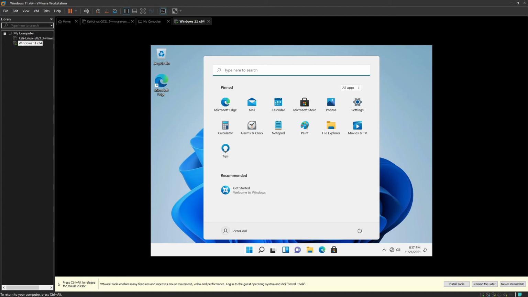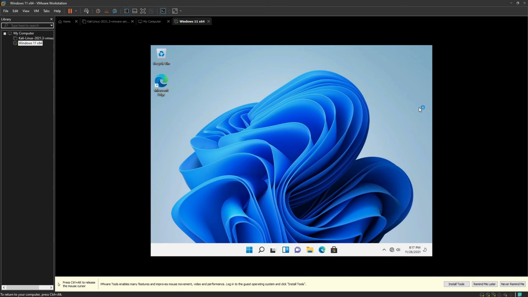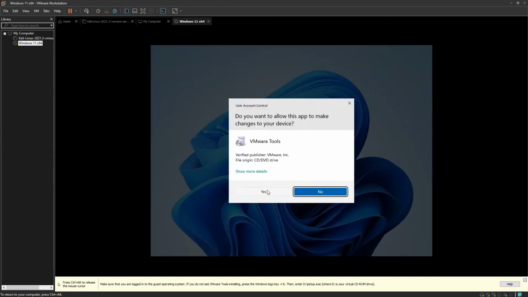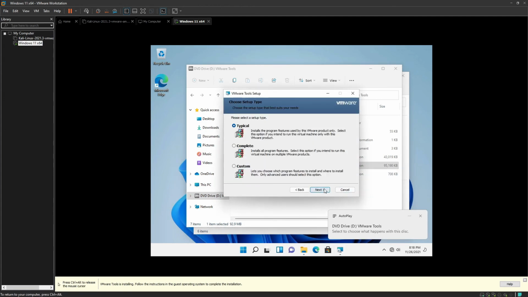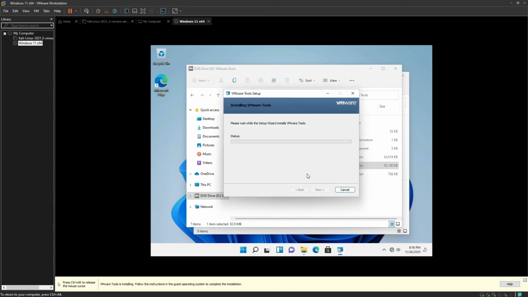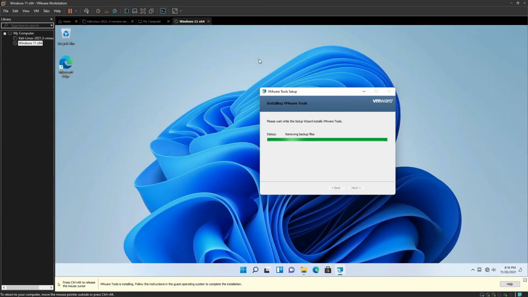Let's install VMware Tools to get this thing full screen. Select Complete and Install. Alright, we are full screen here.